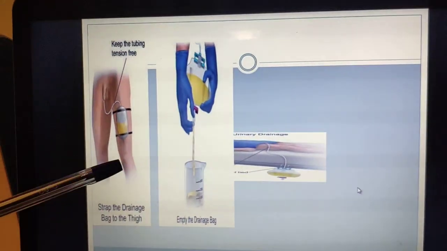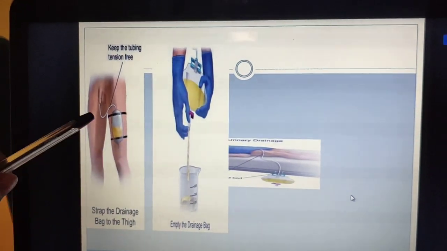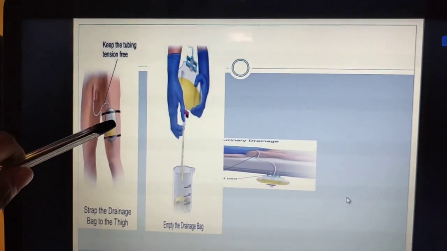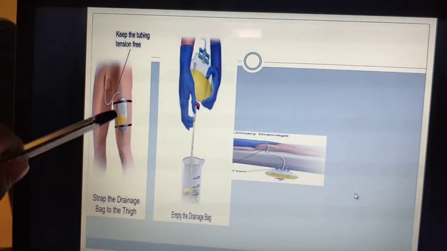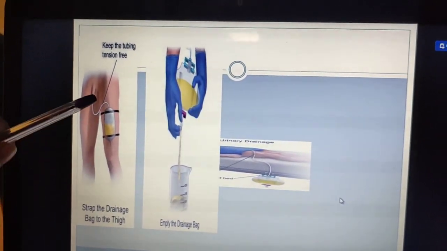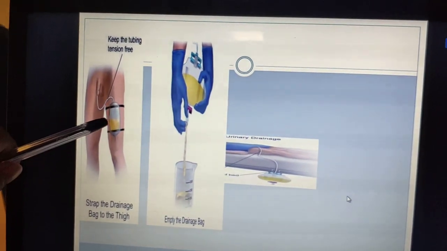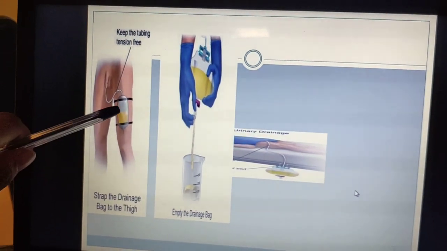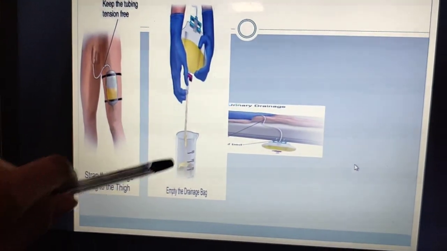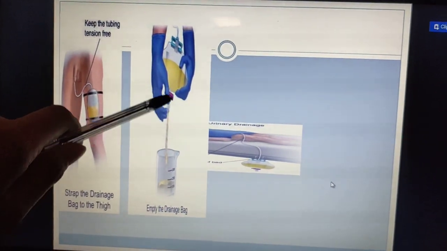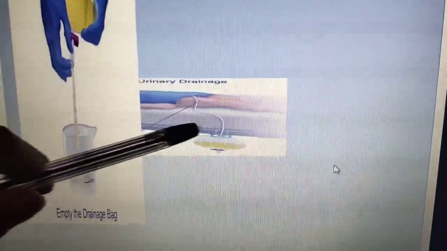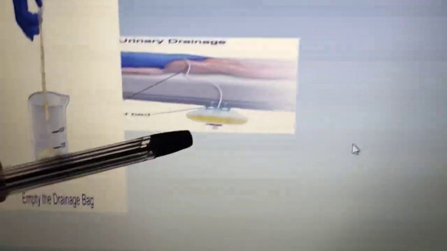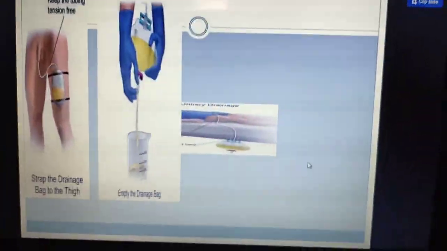Next, how to hang the urinary bag is important. For a walking patient, we can secure the urinary bag on the thigh. If it is on the thigh, the tension decreases. Otherwise, the hanging tension is very much more if you are not hanging it at all. So usually you hang it on the thigh here. Then this is a urinary bag. After it fills, we have to empty it, and if the patient is bedridden, we can hang the urinary bag below or under the bed, like this. Clear?